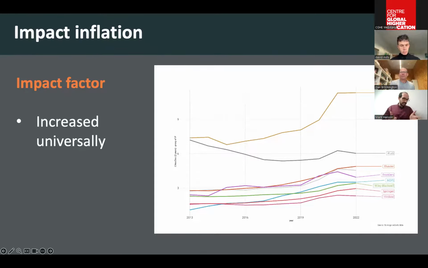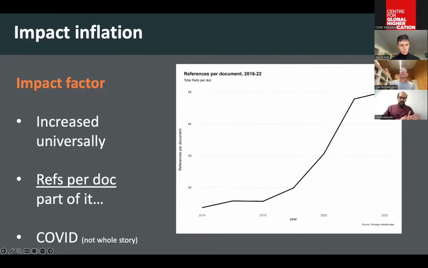And what is behind this inflation? We probed a lot around this. One of the things that might help contribute to understanding this is that the number of references per document has actually increased. You can see this almost exponential growth between 2018 and 2021 here. And that's part of it. COVID might explain that. People had a lot more time to write. Review articles might have become more common. But we actually still see growth year over year from 2021 to 2022, even with a decline in the restrictions